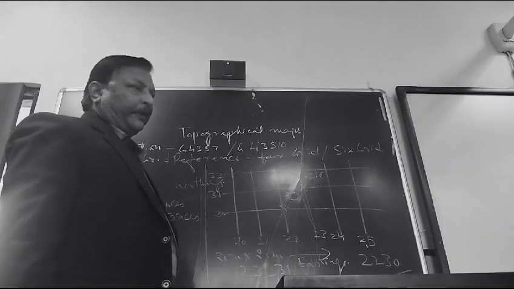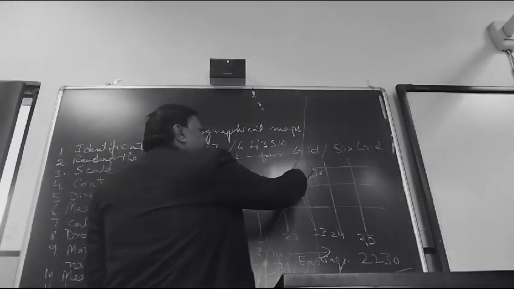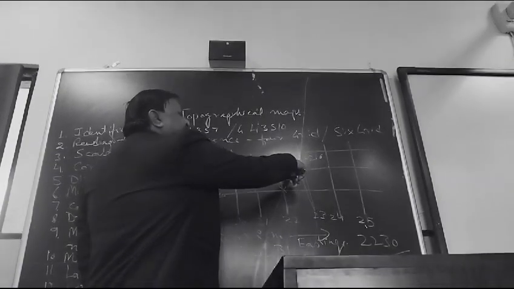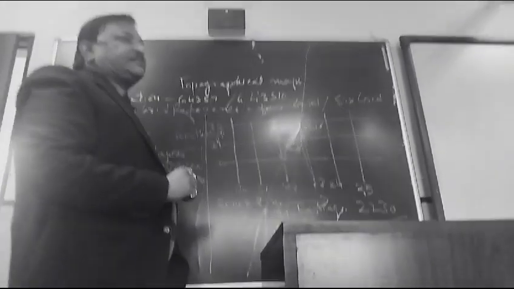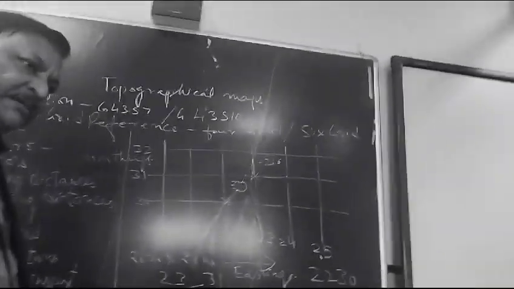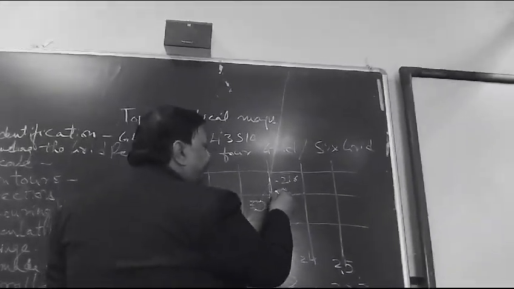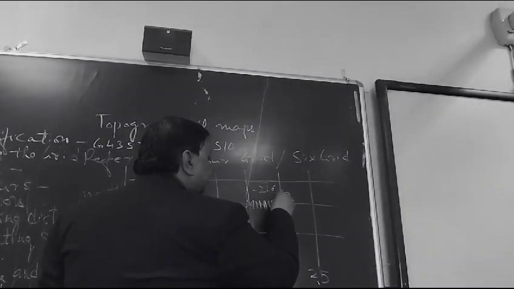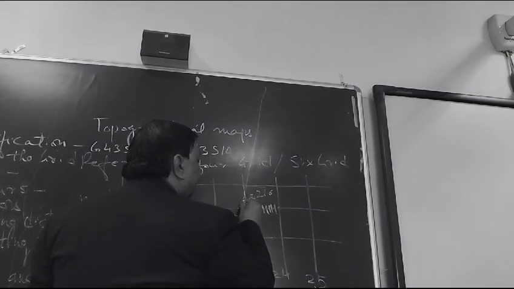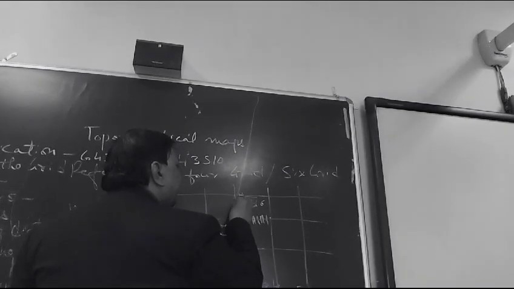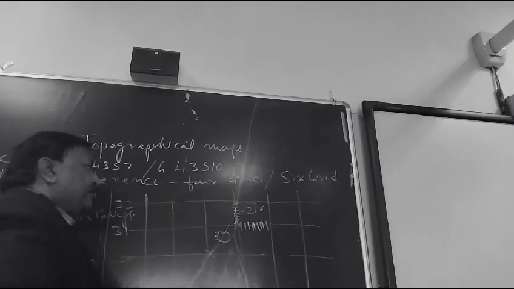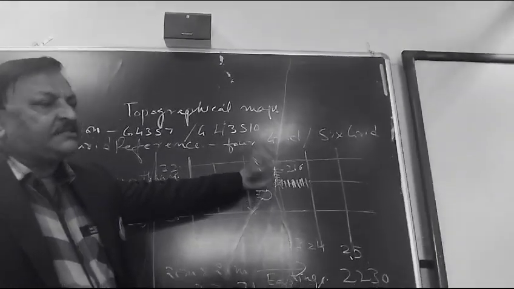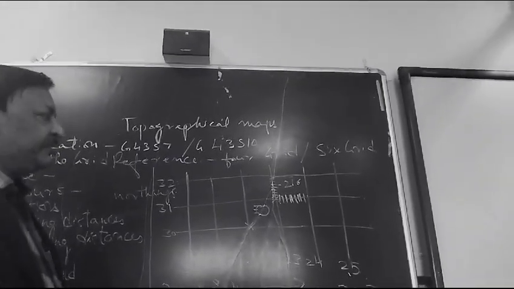Now let's see how we are doing it. Now we have chosen this box. Now let's divide this box's x-axis and this box's y-axis into 10 parts. Now let's see how we are doing. 1, 2, 3, 4, 5, 6, 7, 8, 9. And then 1, 2, 3, 4, 5, 6, 7, 8, 9 and 10. So we have divided this box on the x-axis side into 10 parts and the y-axis into 10 parts. Now we will see